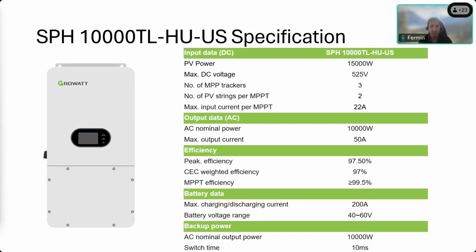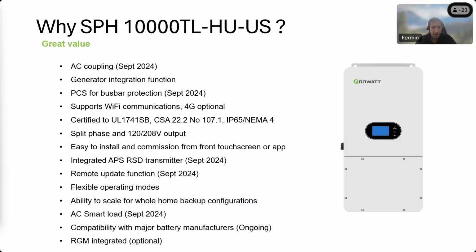As Tyler mentioned, it has 10,000 watts of nominal power, and it has an option to connect the generator directly to the wiring box in the inverter. Next slide. So as I was saying, it has good features. We are currently working on an option to have it work with AC coupling PV systems coming up in